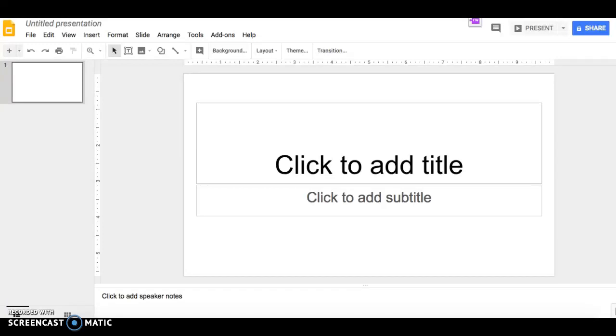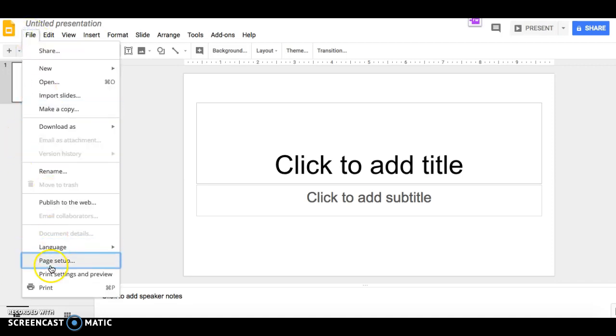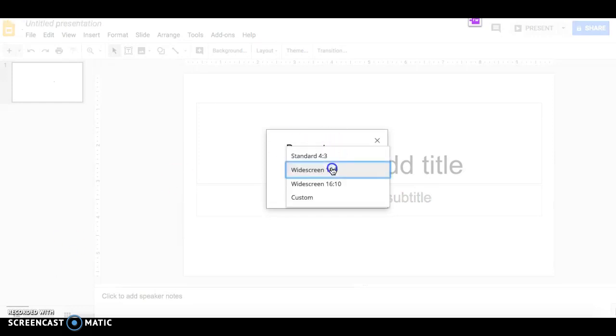Today I'm going to show you how to make an online journal in Google Slides. This way you can have students work from the beginning of the year to the end of the year to show their progression. So first I would go to File, I would go to Page Setup,